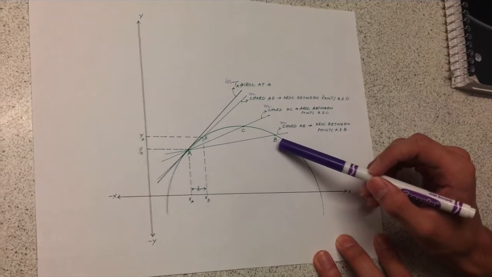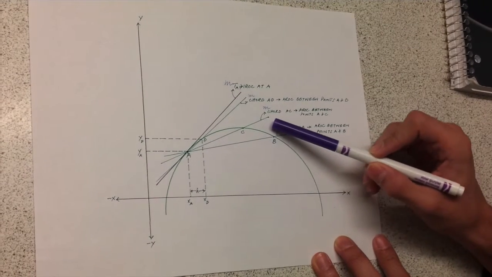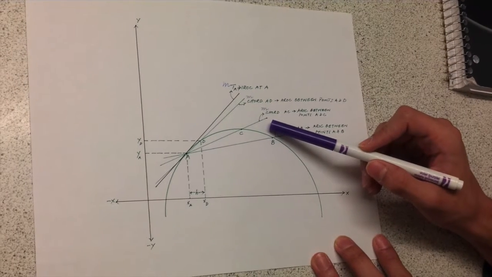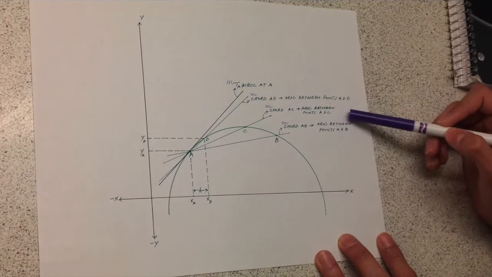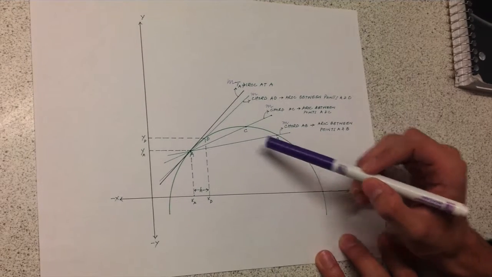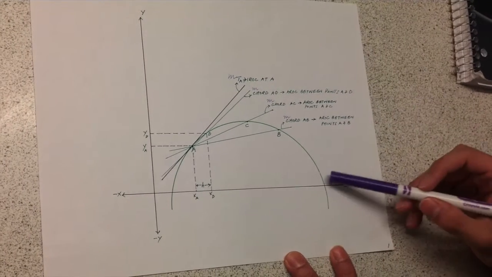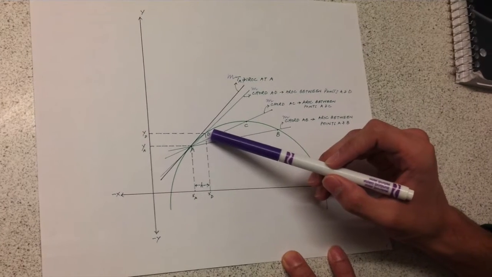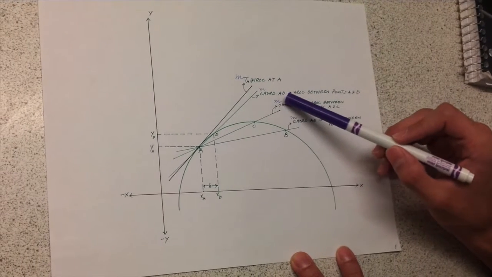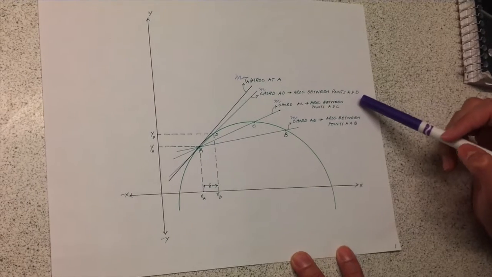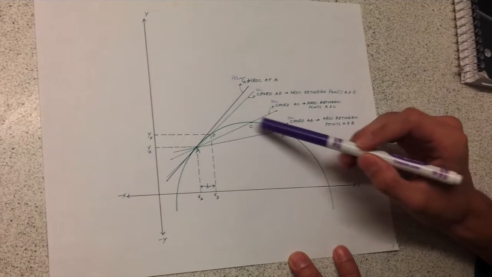Now, let's take another point on the curve, C. If we take the slope between these 2 points, that is the chord of AC, and the chord of AC is the AROC between points A and C. And now let's take another point on the curve, D. The slope between A and D is the chord of AD, and the chord of AD is the AROC between points A and D. And if you notice, as we get closer points to A,